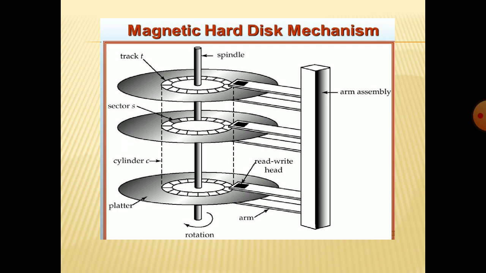Then these are the surfaces, the disks, and these are in a cylinder because we have a common center. These circles that we can see are called tracks, and the tracks are again divided into different sections. Can you see this dark area? This is called your sector. Done? So when you want to know where exactly the data is stored, we have to know the track number and the sector number.